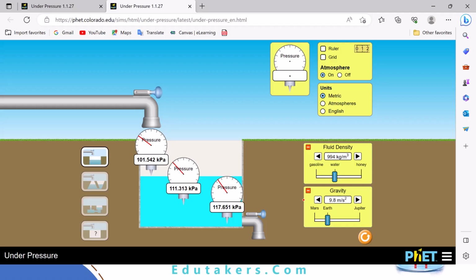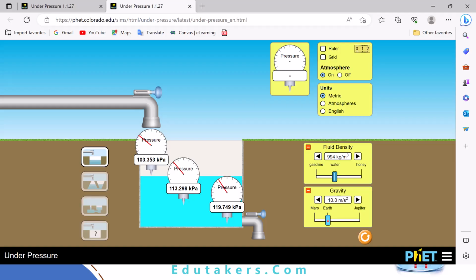Next, what would be the effect of the gravitational field strength on the pressure? I am going to increase the gravitational field strength. You can observe the values here. The pressure increases by increasing the gravitational field strength. But if I decrease the gravitational field strength, the pressure also decreases. So pressure depends upon three factors. One is the depth of the liquid, the second is the density of the liquid, and the third is the